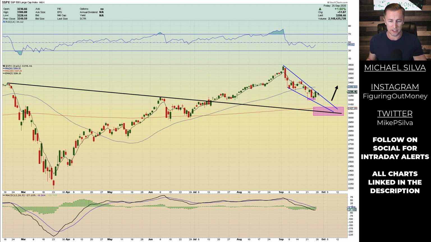If we get a stimulus deal, I think that's going to rally and we're going to break out of this falling wedge. However, as of this particular moment, I'm not convinced that this is going to continue to the upside and just make some new high. On my thumbnail yesterday, I drew out a head and shoulders possibility. What I did was a left shoulder over here, the head here, and then out more with a breakout, I started drawing out another shoulder. That's my longer term to medium term view.